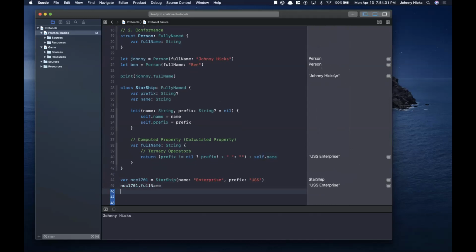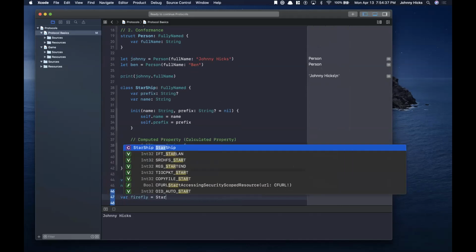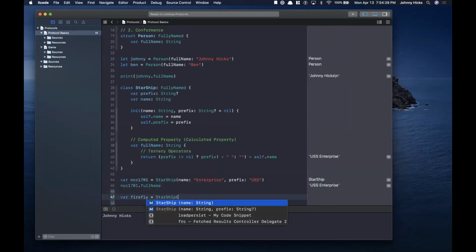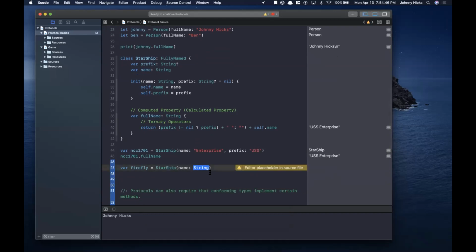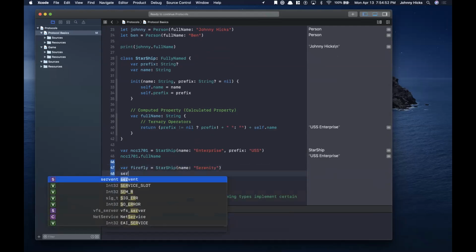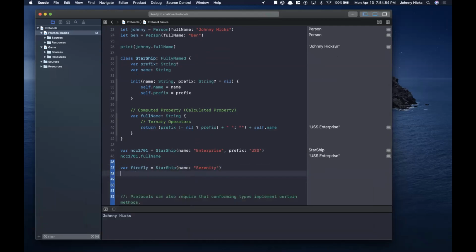Okay, so if I do another example here, say var firefly equals Starship, okay? And we'll say that my Firefly Starship doesn't have a prefix, right? So I'm not going to initialize it with a prefix because the default value is nil. We'll go ahead and call this Serenity, okay? So now if I try to read Firefly dot fullName,